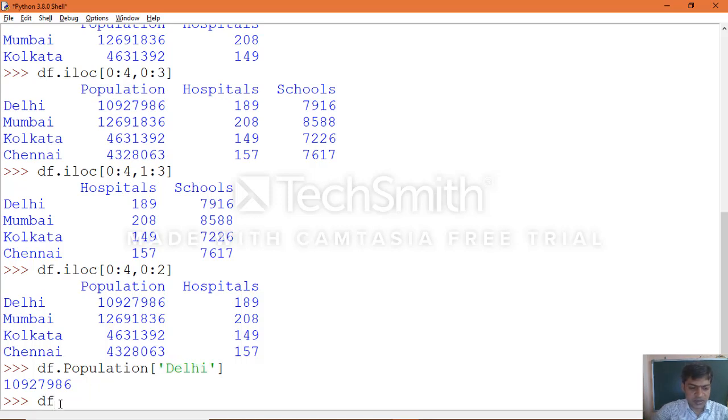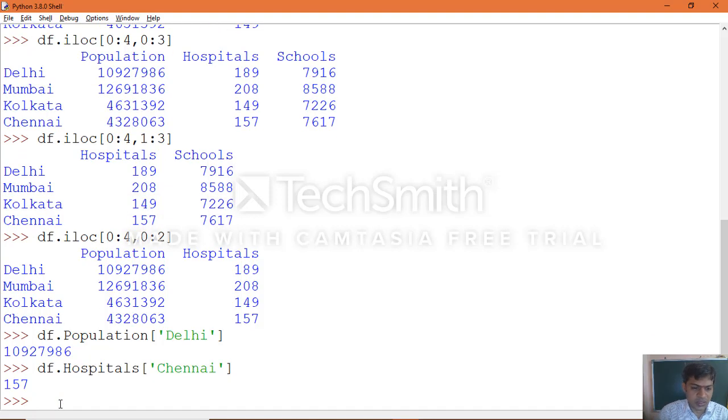In the same manner you can see hospitals of, where you can specify the Chennai row label. Okay, you can see, the Chennai row and hospitals details are output as a single value. That is how you can get it.